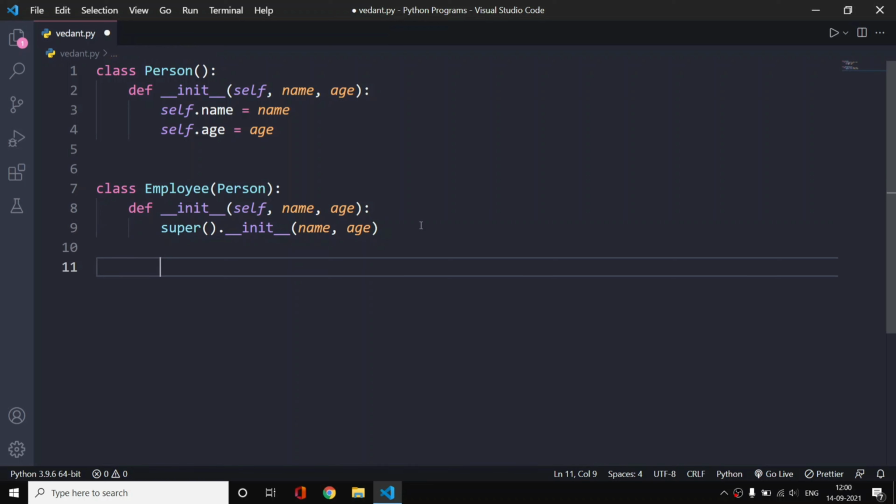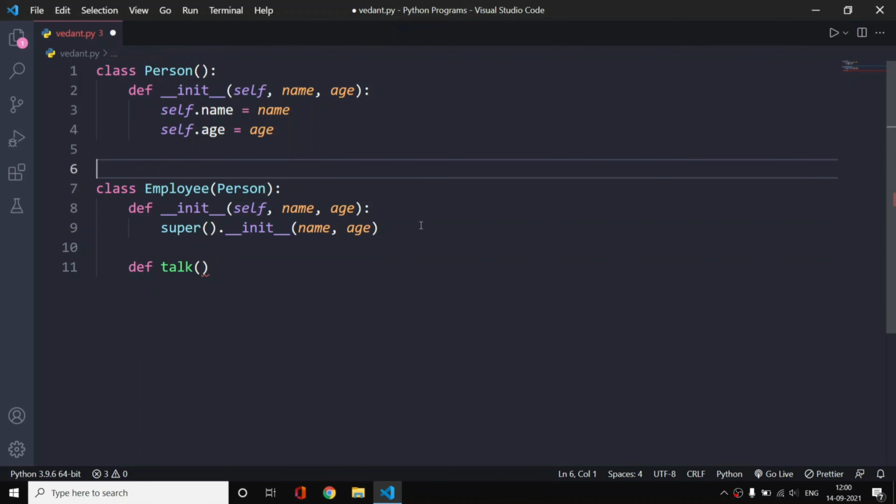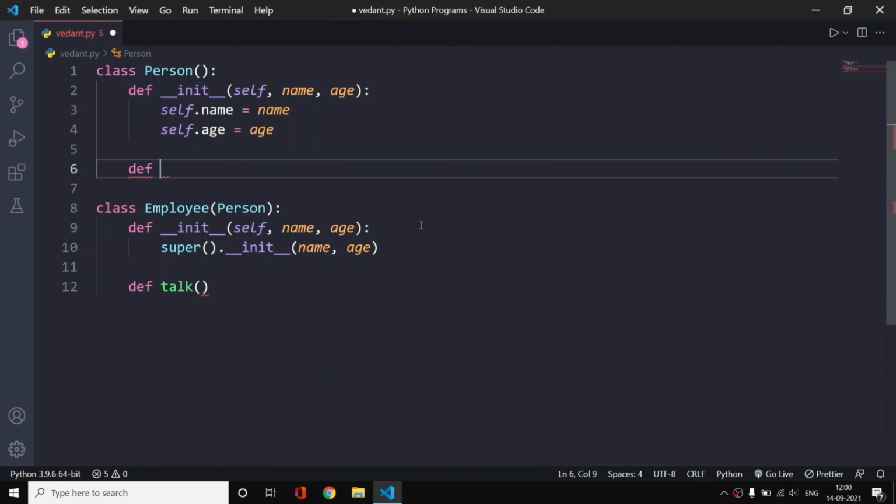So with this, let us go down below and create another method, let's say employee talk. Here as well I will create a function, or a method in object oriented programming. So def talk, and it will take self and skills.